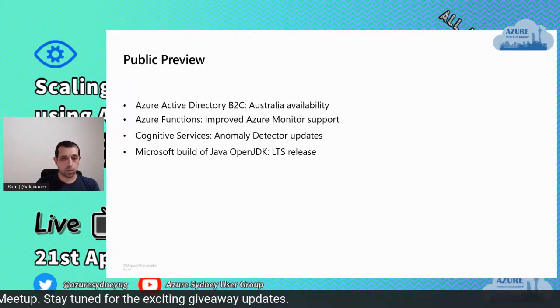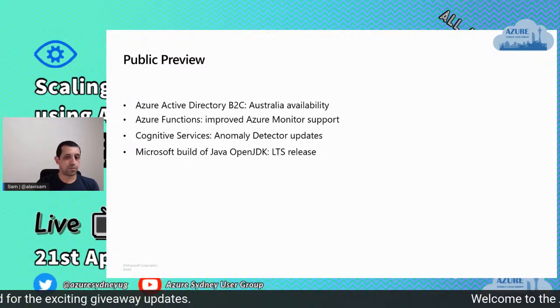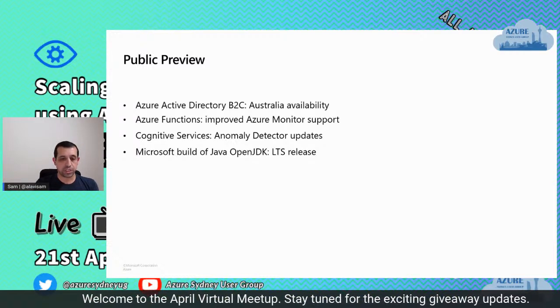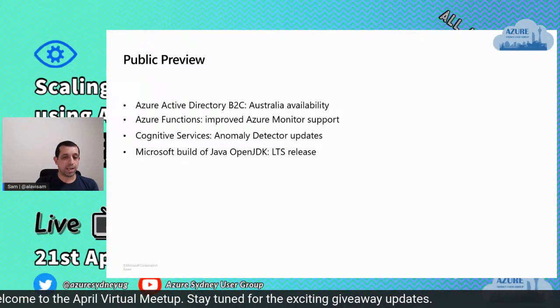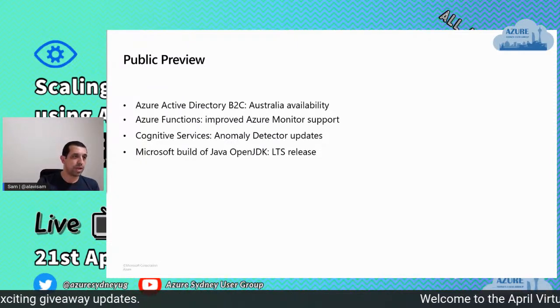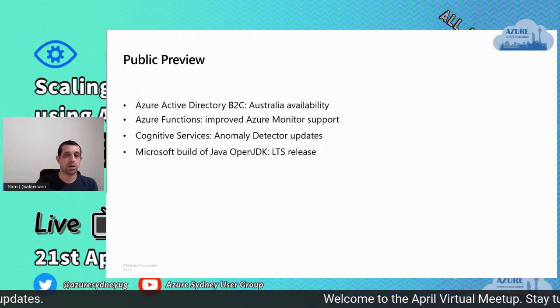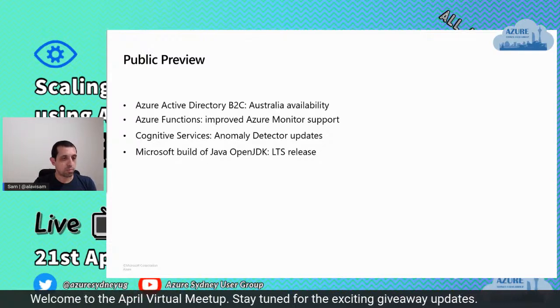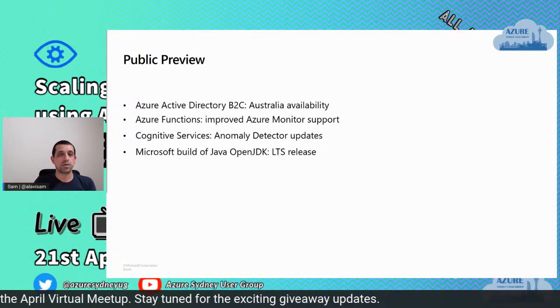The second one in the public preview is functions within Azure Monitor. In Azure Monitor, a function is basically a log query that can be used in other queries when you create log queries, as a command, which is a great feature for reusability, like normal functions in programming languages.